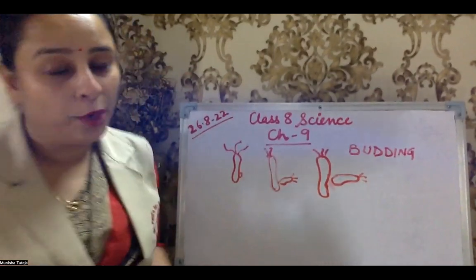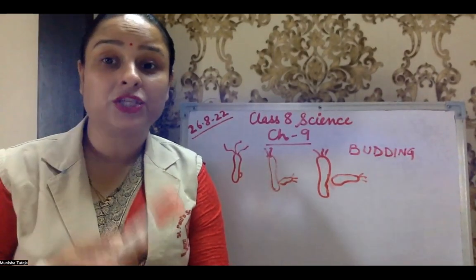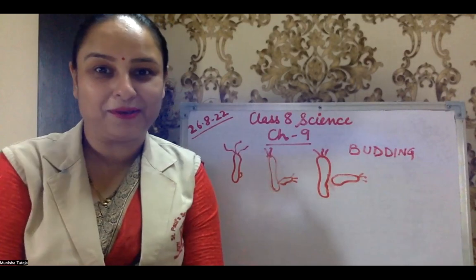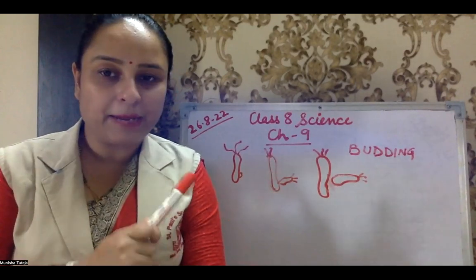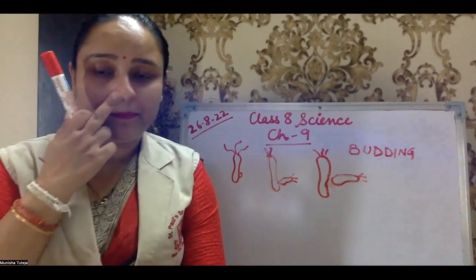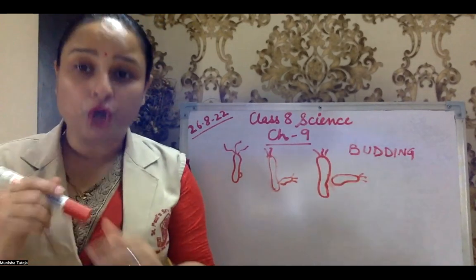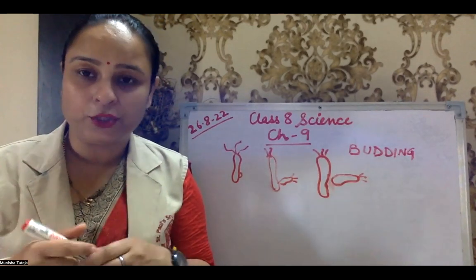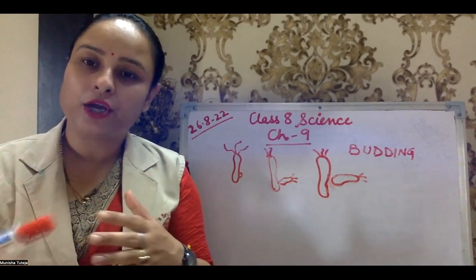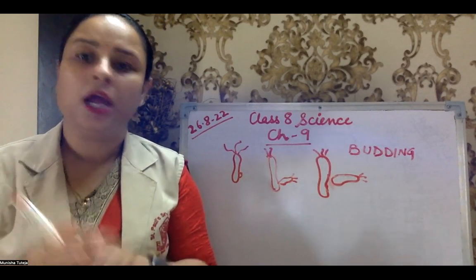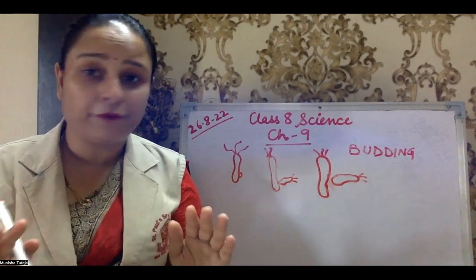Okay, I hope this is clear to you. With this, we have finished the most important chapter of our book. So we have finished the chapter. As you get time, please do the question answers. If your copies are not available with you, some children have given their copies to their teachers for corrections. No problem, beta. Don't wait for your copies.